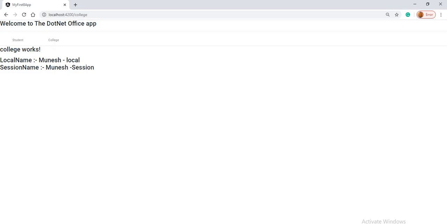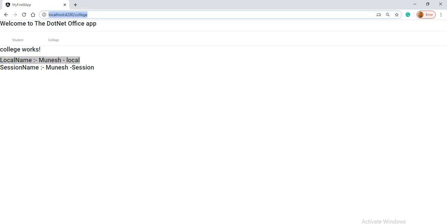Now, as I explained, the local storage life cycle is such that even if we delete the browser, the local storage data will be there, but for the session the data will be deleted.